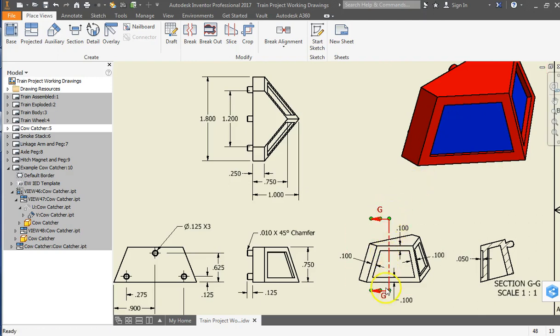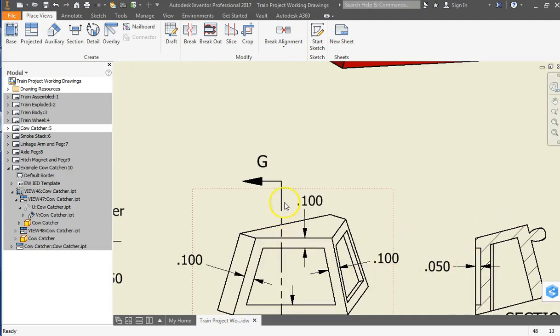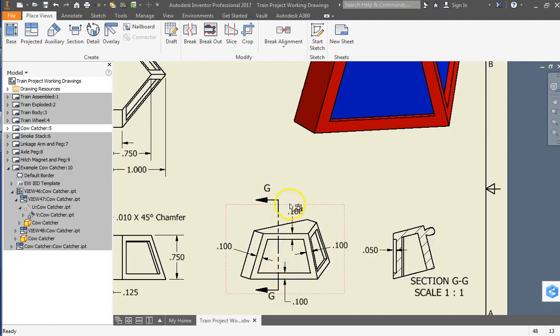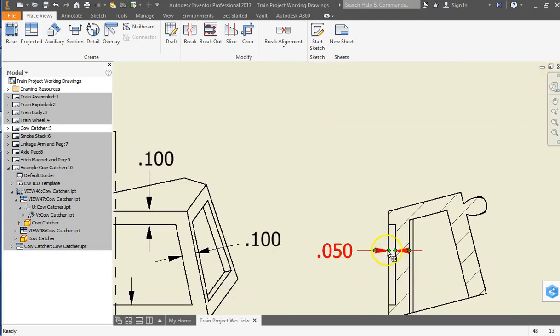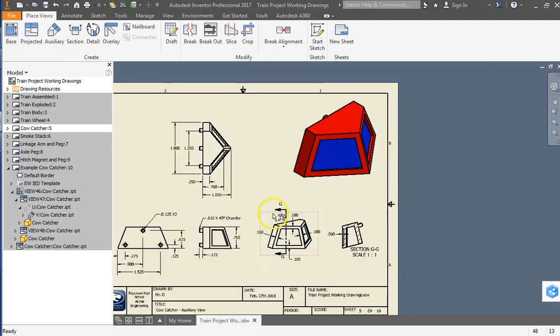So I also created a section view right through that so that I can look to the side and see that. And then you got to understand that this slices all the way through the whole CalCatcher part. Okay, so what I'm interested in is just right there on the face. I was trying to get that dimension to know that face got cut by how much, and it's right there. Okay, so let's go back and add that